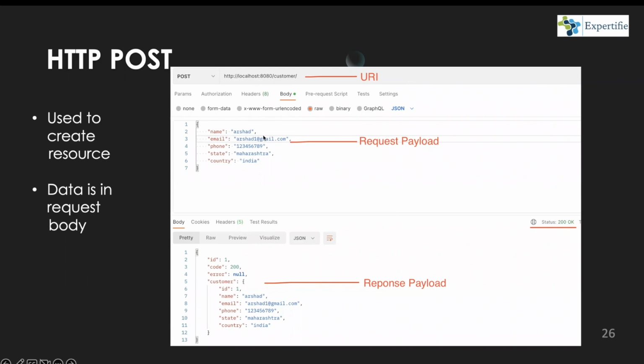And the request payload looks something like this. Name is Arshad, then all the details. Why have we not provided an ID? Because we want a unique ID, and it is the responsibility of the server to give the ID in the response. Okay. So the main components are the URI and then the request payload, and let's say all the information is